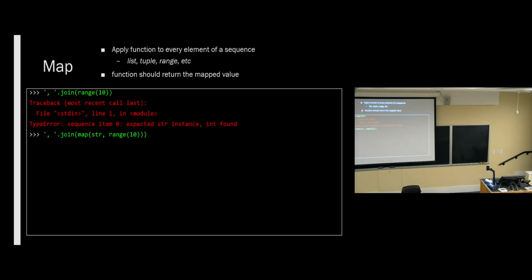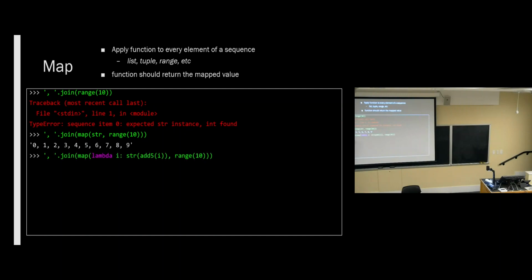Well, it turns out map is perfect for this. You just map the function that you wanted to call in that for loop over the thing that you were looping over, and this will do it for you. And so now this will actually work. String is a function. String is the function that we were calling before to cast things to strings. So we can map this function over this iterable, and the result will be what we would have gotten by writing an actual for loop.